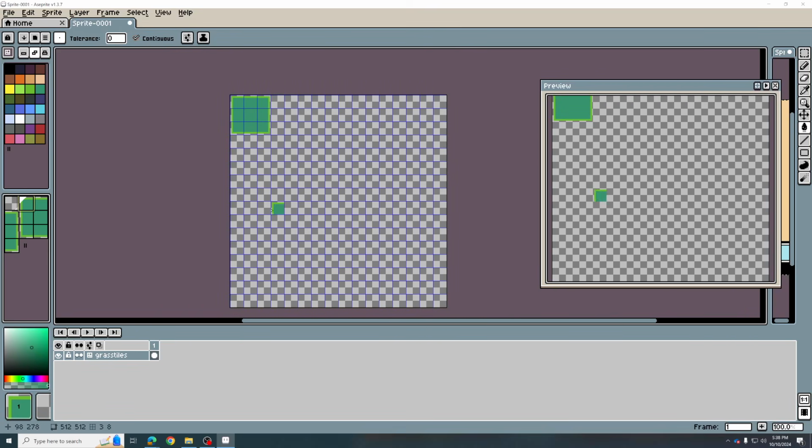So I click on the tile palette and it works the same. I hit brush there, and I can start designing a little level with a platform. And then we're going to instantly know that we've got a problem, because if I want this to be a platform here, I don't have an inside tile that I can use. I need an inside tile. I've got all the tiles I need to build the outside of something, but nothing I can use to build